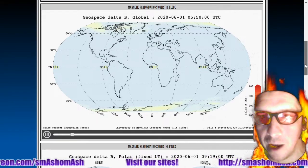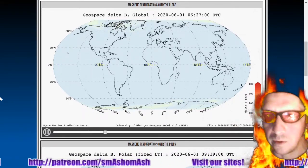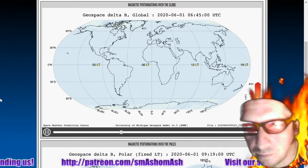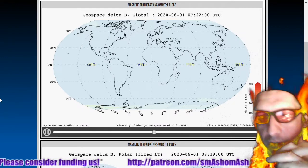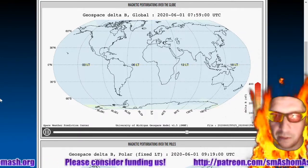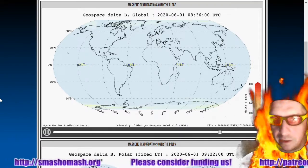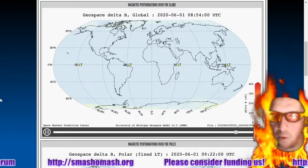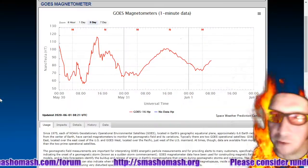Next, looking at ground geospace magnetic perturbations, we don't see very many of them, and that's really no surprise, as we currently have two North Poles, one over northern Canada, another, a geomagnetic North Pole that is, over northern Siberia. We see the South Atlantic anomaly splitting, and we see two anomalies sort of forming now, one near South Africa and one near the South Atlantic anomaly, and the South Pole has crept into the southern Indian Ocean,